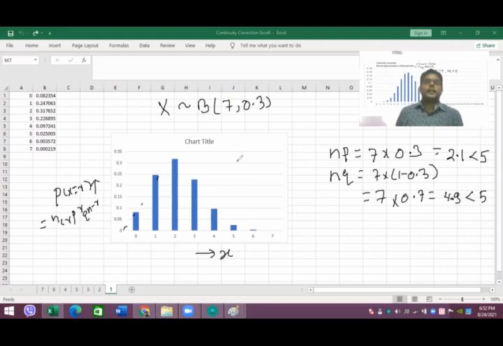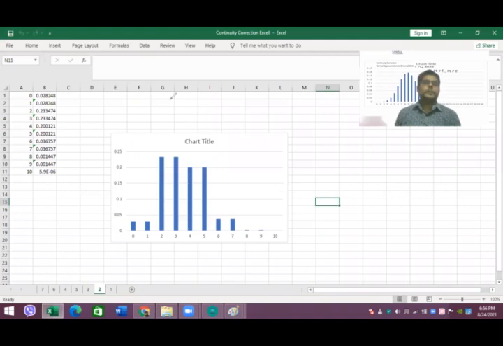Now let's see what happens when you increase the number of trials. Here in this case, this is the bar graph for a binomial variate having parametric values n is 10 and probability value is 0.3, and this is the variate value, and along this are the probability values plotted against the y-axis. Here also, if you consider a curve on top of each bar, you will see that the bar has no proper shape.